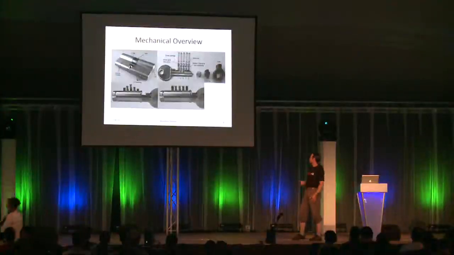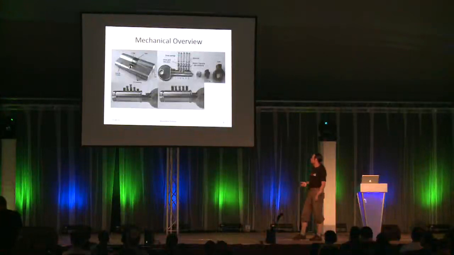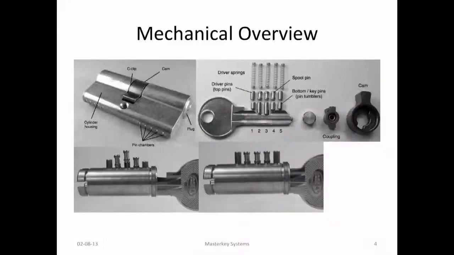So this is only the basics, and most of the people here know it. This is a standard system, wherever you have it in the store, so there's nothing more to tell. You have the five pins here, the key pins and springs. When you put in the key, you have the shear line here, and you just turn the key. What you see here is a simple single key, so just one key opens this lock normally.